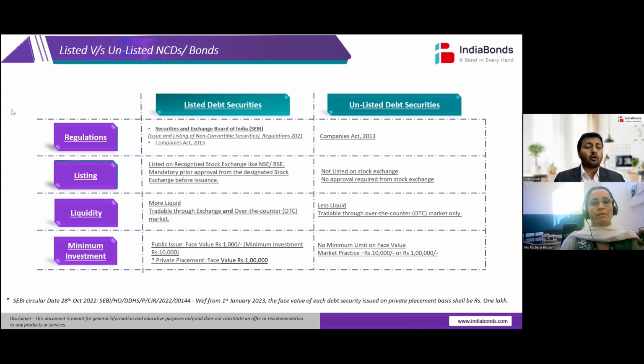A lot of you have raised this query: we trade in the stock market like equity, so why can't we do the same with bonds? So the answer is absolutely yes, you can. The problem is education. That is what we are here to do. We are here to help you understand how you could look at doing this. The more and more people participate in this, the more and more liquidity will come.